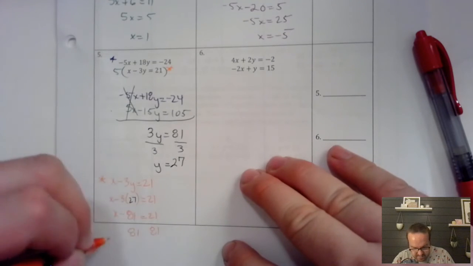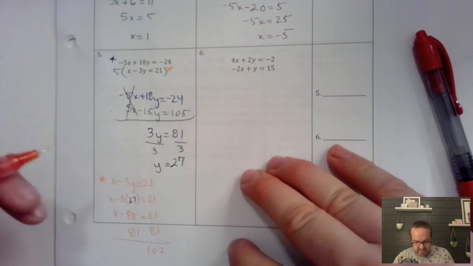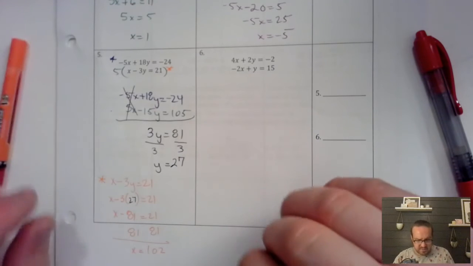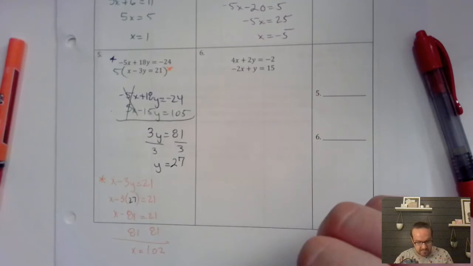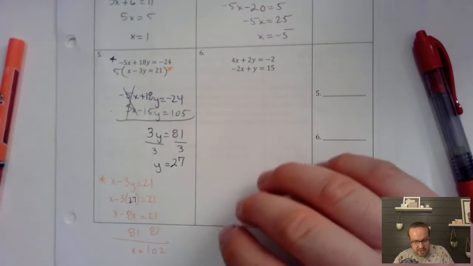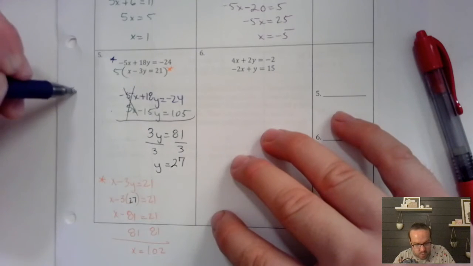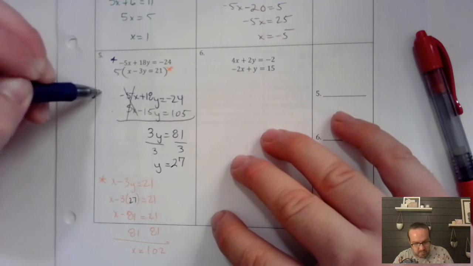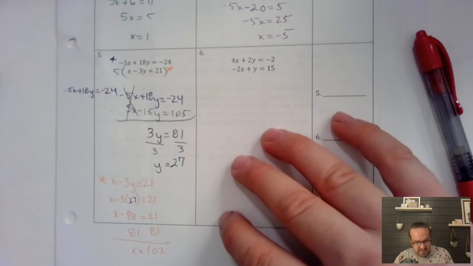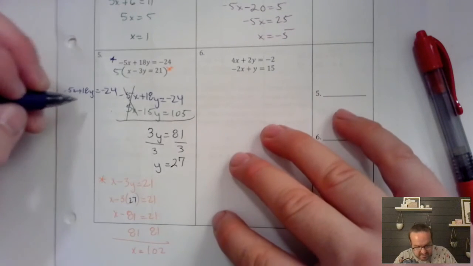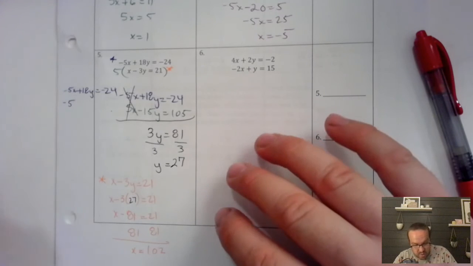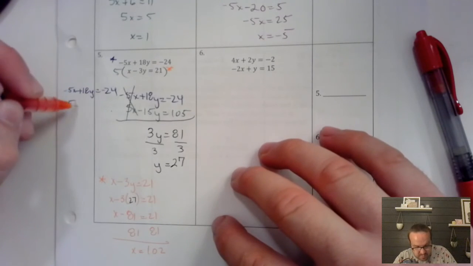Right? And that's 102. X equals 102. Maybe we just want to verify this here. So if I want to plug it back in, I could use this blue equation of negative 5x plus 18y equals negative 24. Again, just verifying this, negative 5, and then it was times x, or times 102,